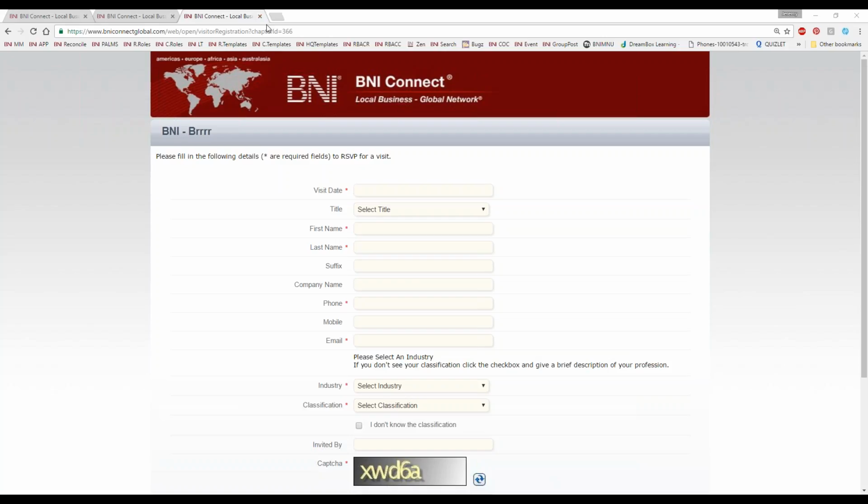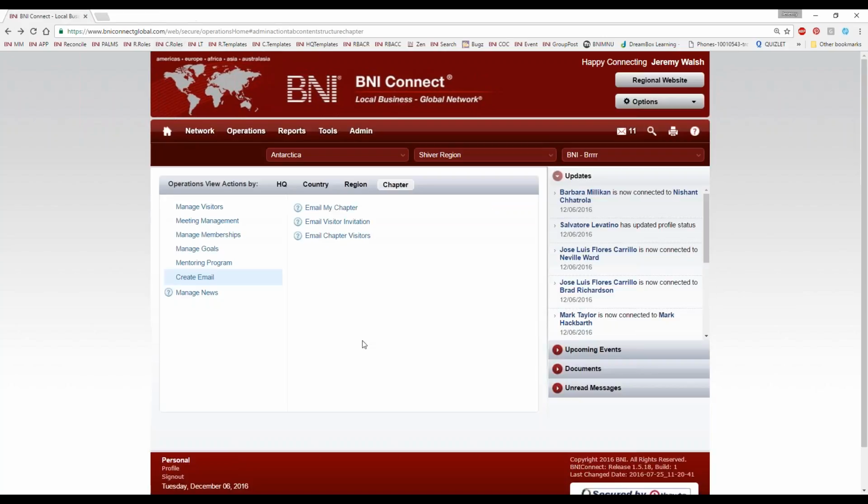All right, so the other thing that happens is once that person has registered, as a leadership team, you now can look at Manage Visitors. And here's where we can work with our visitor database. So once you start registering visitors and visitors start showing up to your chapter, now you're creating a visitor database for your chapter. So you can always go back and look at this later and use it for other purposes. So for example, under Manage Visitors,